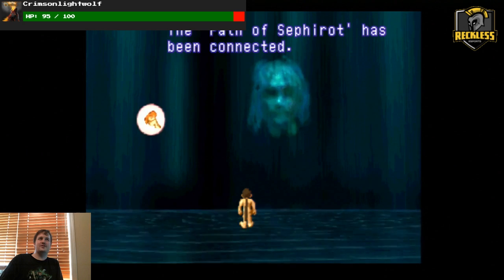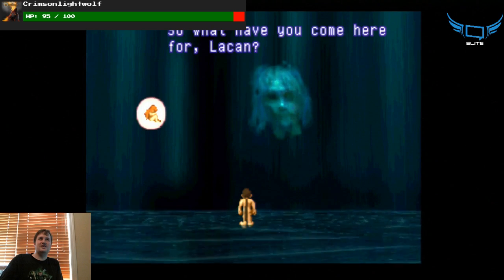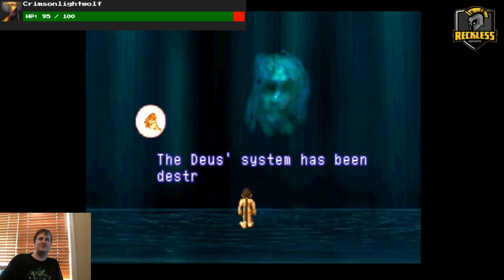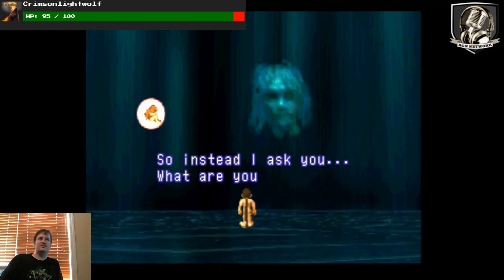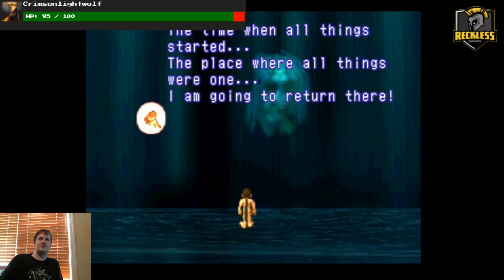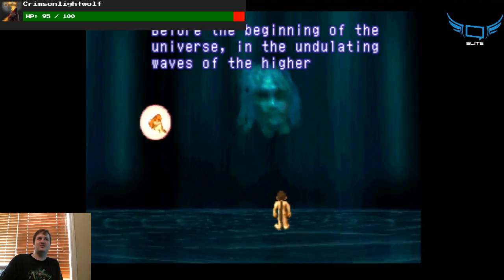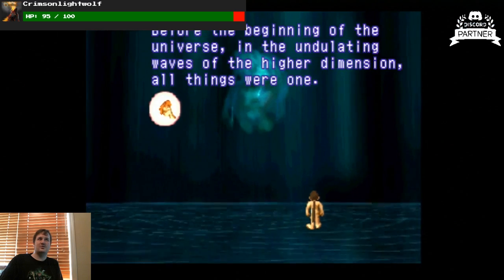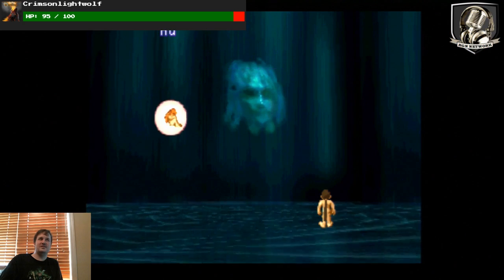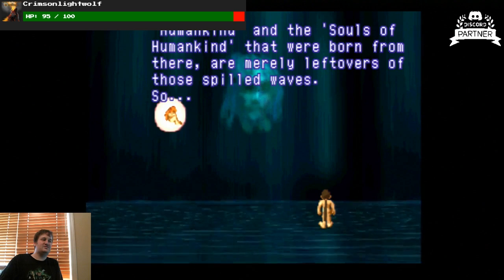The path of Sephiroth has been connected. No one can stop God from returning to his world now. So what have you come here for, Lakin? I came here to take the person I love back with me, so set Ellie free. The Deus system has been destroyed. It's all over now. But instead I ask you, what are you hoping to achieve now? The time when all things started, the place where all things were one. I am going to return there. What place? For the beginning of the universe, in the undulating waves of the higher dimension, all things were one. It was the waves spilling out from that created this four-dimensional universe of ours. Humankind and the souls of humankind that were born from there are merely leftovers of those spilled waves, so...